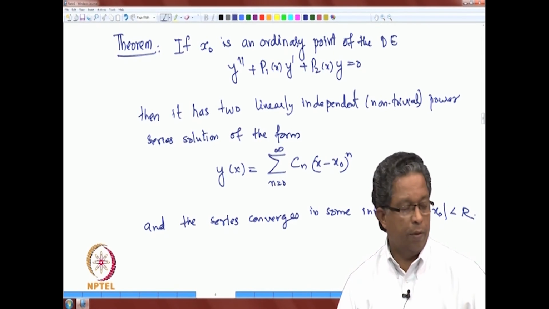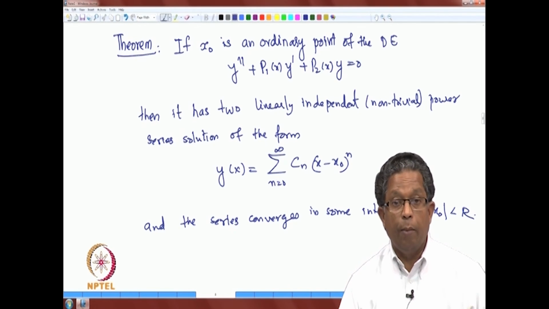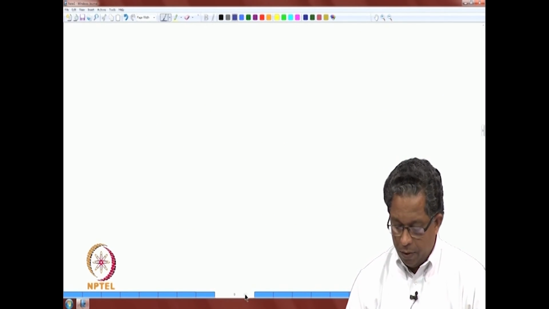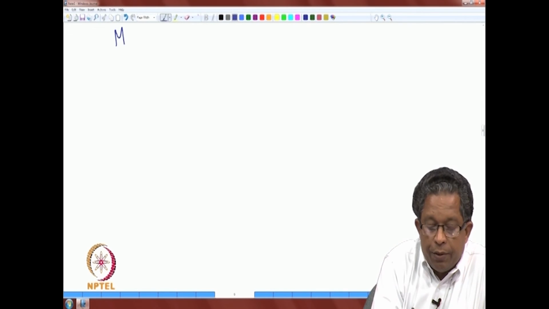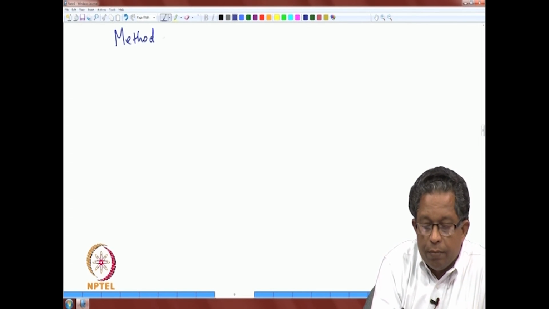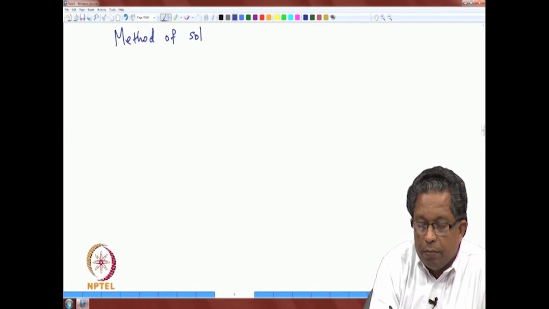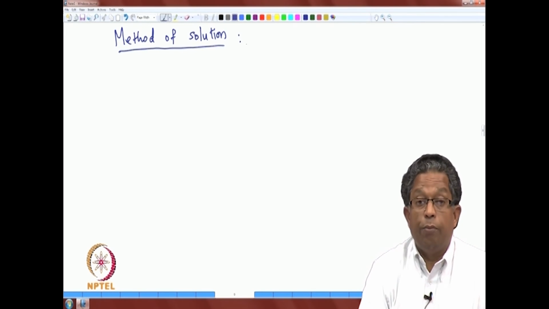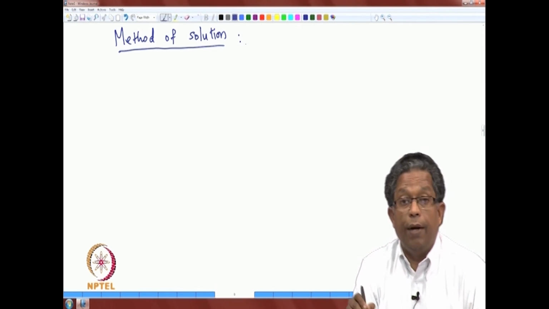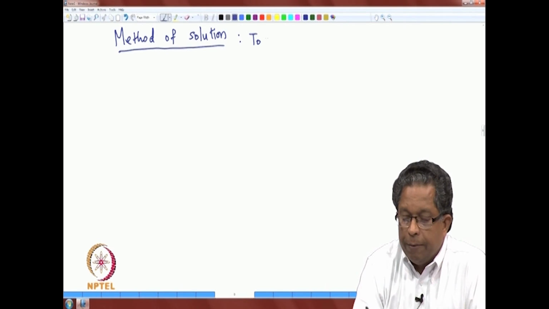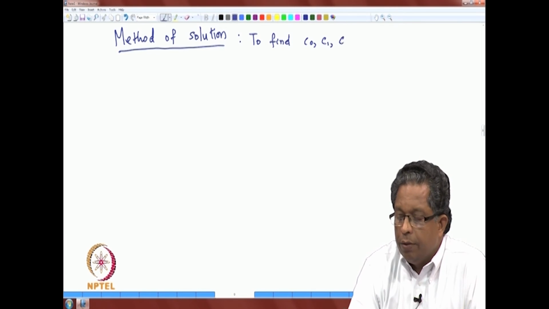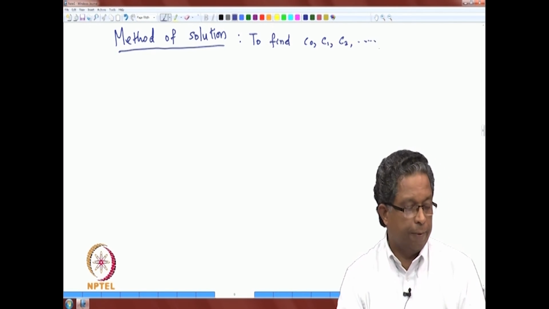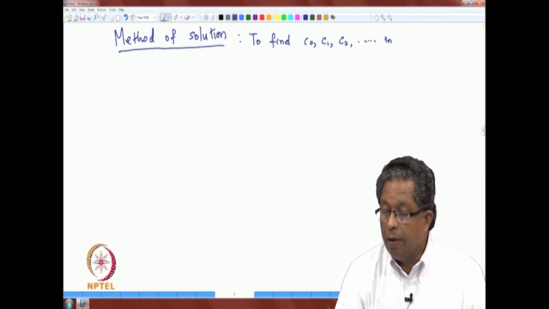So, now the method of solution, how to compute the solution. By method of solution, what do we want to find? We want to find C0, C1, C2 etc., all these coefficients in the expression